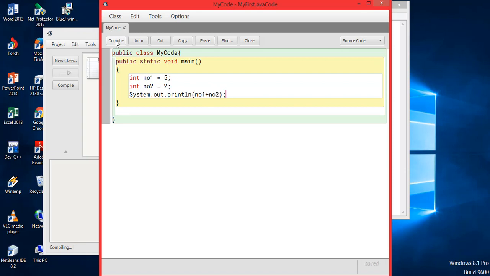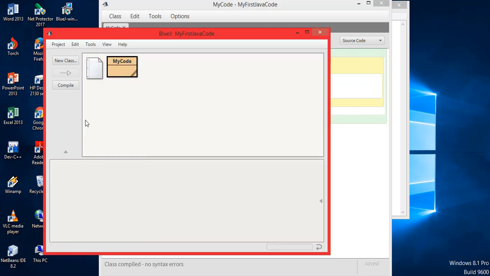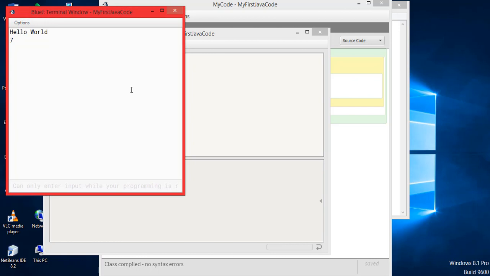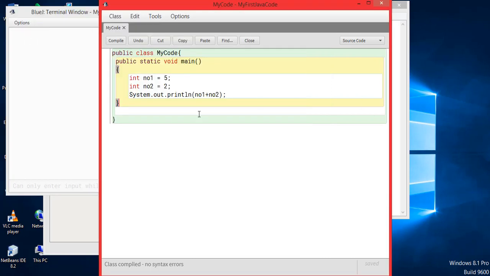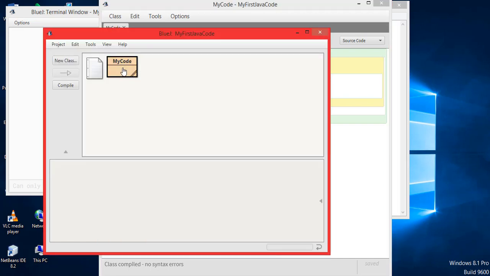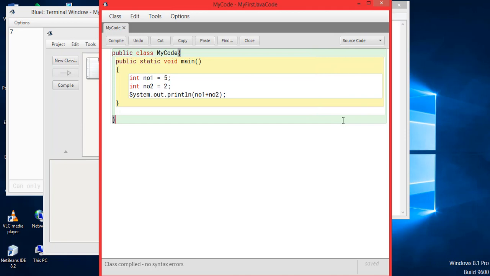If I say compile, no errors here, and if I just run this, right click, void main, I can see the earlier output as well as this output. So the answer is 7, that's fine. But why am I able to see this? I'll go to options and I'll say clear to clear off the screen. Now if I run this code, it will only show me the new answer, that's 7. So 5 plus 2 is giving me 7. So I can perform this task using int, that is using numbers.